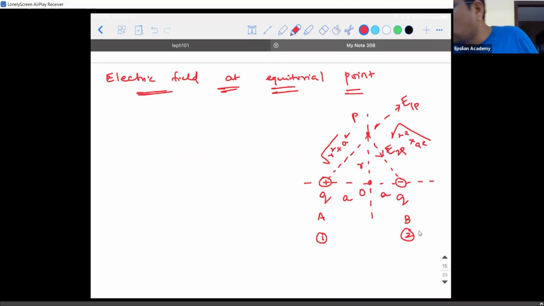So what is going to be the electric field due to the first charge at point P? In terms of magnitude, what is the value of electric field due to a point charge at a given point? It is 1 divided by 4 pi epsilon naught into Q divided by,